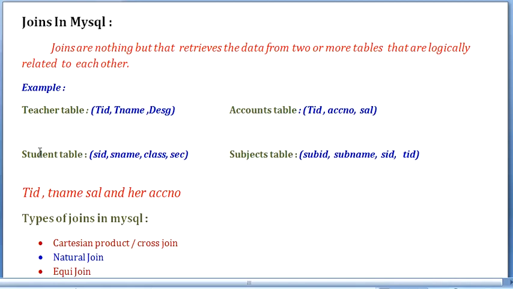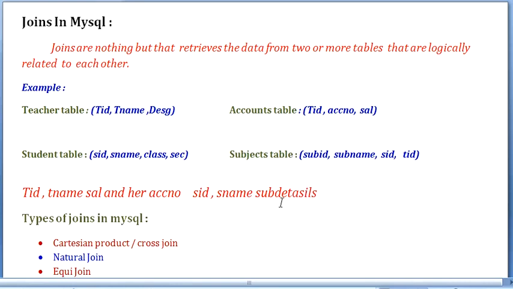In the same way, I want to fetch student details, like what subjects the students have opted. Here I want to know the student ID, the name and the subjects opted. From the student table I can get the student ID and student name. But if I want the subject details, where do I have to go?